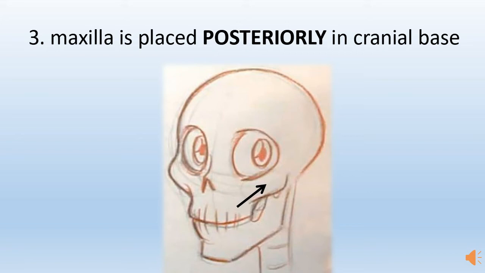Or there can also be a situation wherein your maxilla, which is called the upper jaw in normal language, is placed posteriorly in relation to the cranial base. That means, as the arrow you're seeing on your screen shows, if your upper jaw is pushed back or placed backwards from its normal position, that also reduces the space wherein the teeth usually erupt, and that loss of space again will cause the tooth to deviate from its normal position and erupt elsewhere, right?